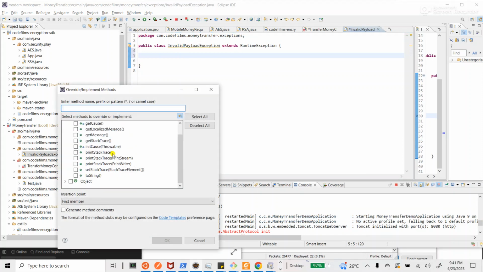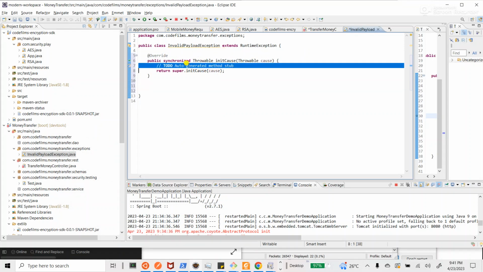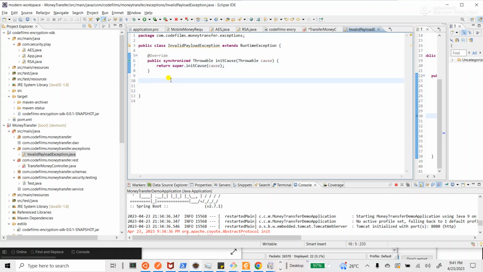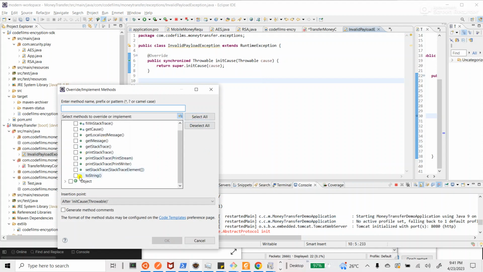Here's where I'll do whatever I want to do. I can do my own initialization of the cause, the throwable, what I want to throw, anything I want to do is all up to me. I can also expose everything, so init. So to pick a throwable cause, then return the cause of it, or I could do a message rather. Anything I want to do, I can do it. So source, override, one thing I'll need is